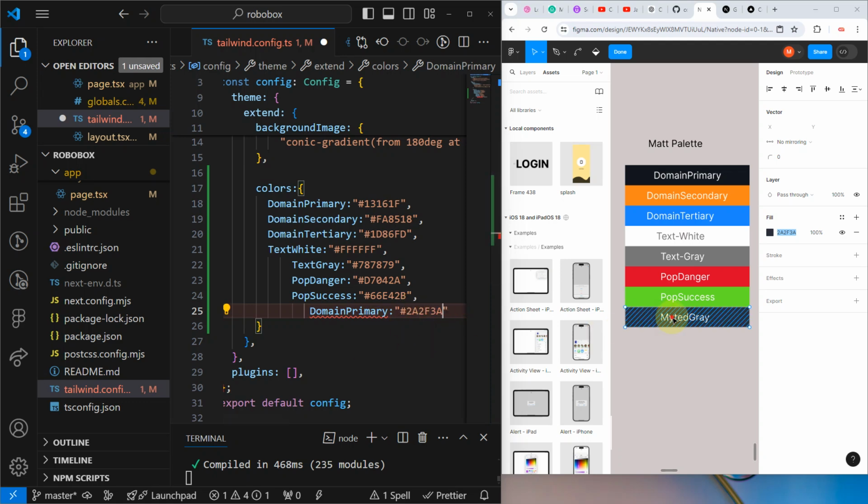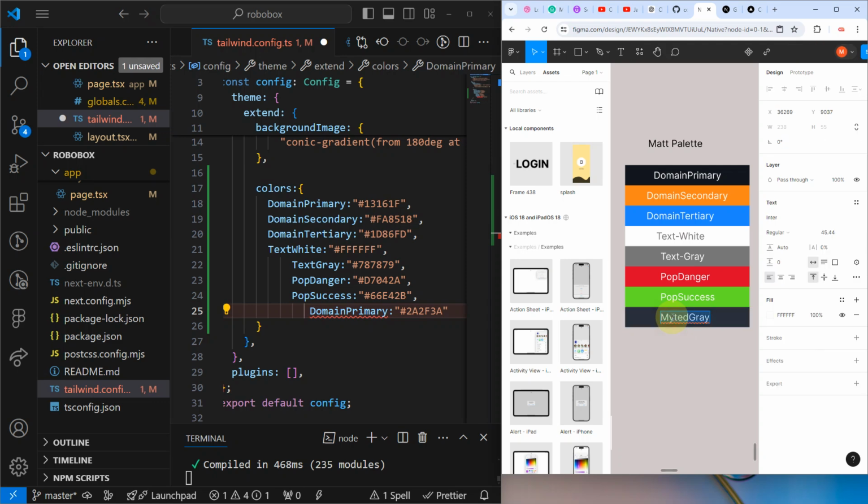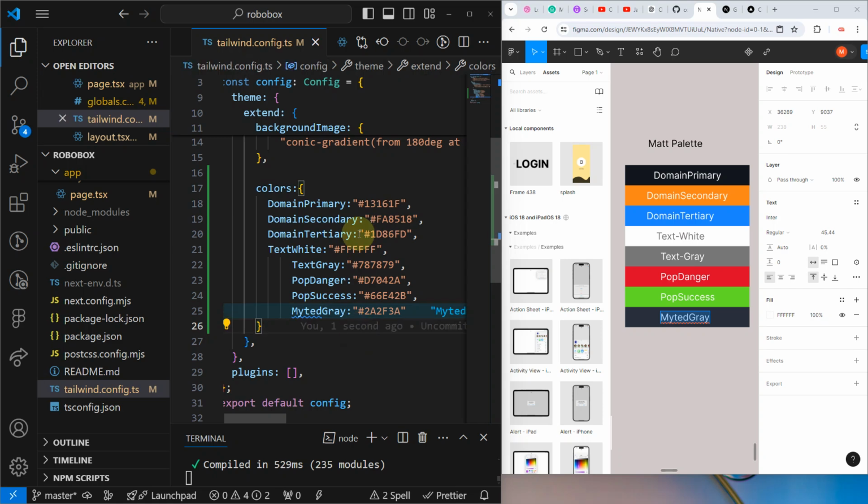Okay, cool. Let's see. Just double click here and put here the muted gray. Okay, as you can see, guys, what we have just done now is we have used the matte palette. This is the matte palette. Okay, this is not muted. Muted gray. Even here, muted gray. As you can see, we have used the matte palette in order to generate some sort of our own